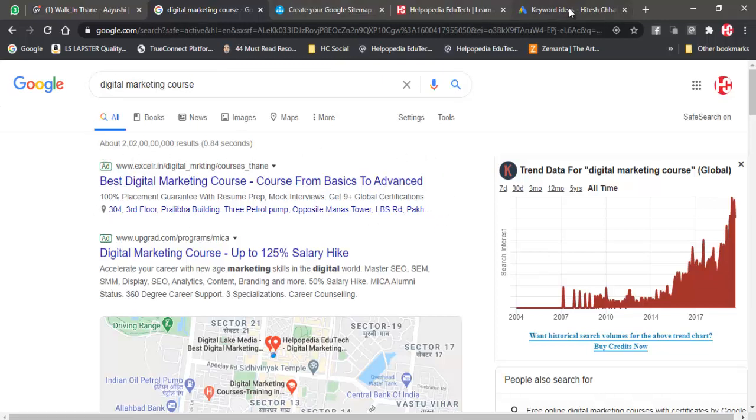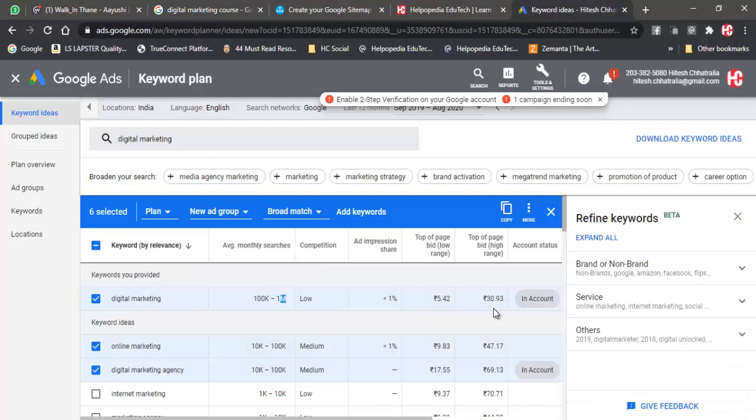But there are so many companies and institutes who might be doing this, but not everybody stays on top, right? See, that is a very good question. I'll answer this. What happens is, if you search for the same keyword over here in the search engine, your results would be different, my results would be different. Your first ad would be different, my first ad would be different. So everybody's ad would be coming up in everybody's system.